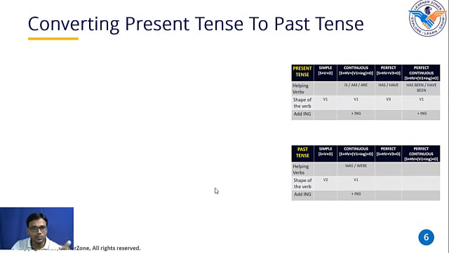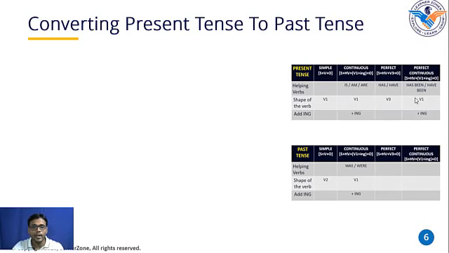Now we are converting some present tense to past tense. Don't get confused. Just to make you understand how to convert present tense sentences to past tense, I have given both the tables here. This is a present tense table and this is a past tense table. In the present tense, we are already aware of the helping verbs we use in different present tenses, and what forms of verbs we have to use, and where we are adding ing. We are adding ing only to the first shape of the verb, and that too when the tenses are continuous, be it present continuous or present perfect continuous.